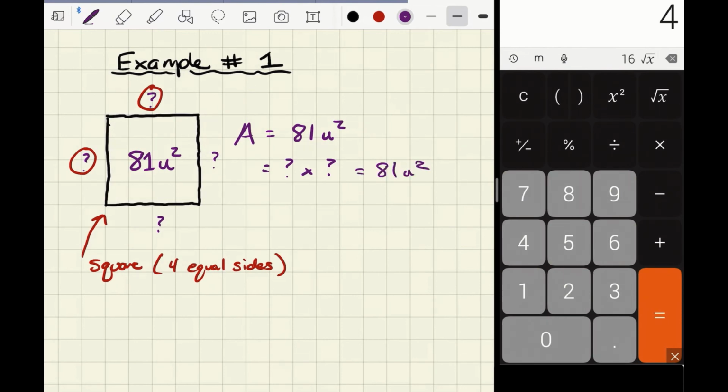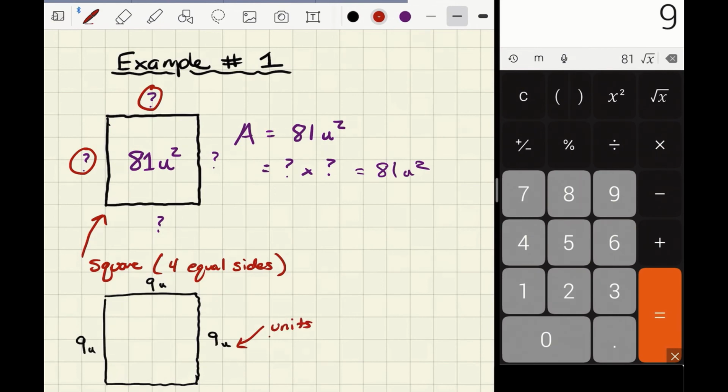That's what we had to figure out. So we go to our calculator and we type in 81 and we hit the square root key, and the answer is 9. So for this particular square, we see that the sides are 9, 9, 9, and 9. And it's important to note that the sides will all have units, not units squared, but units, and the areas will all be units